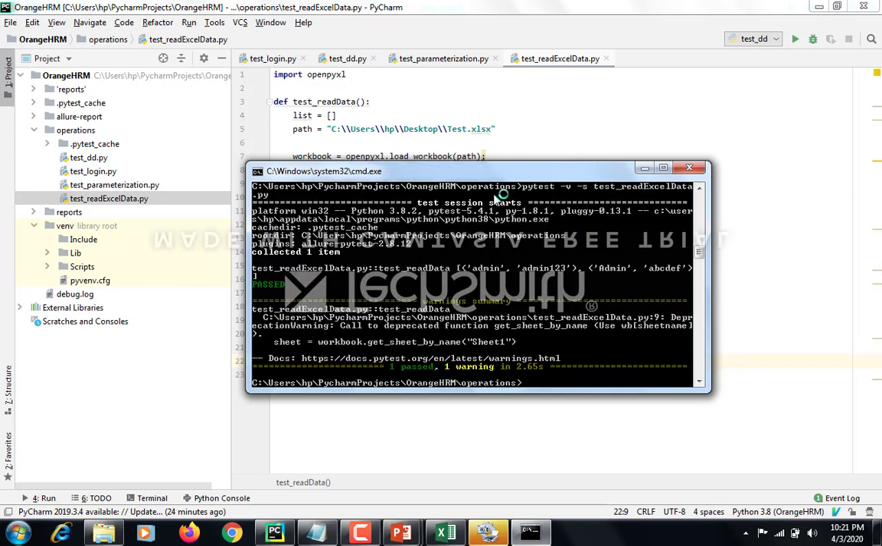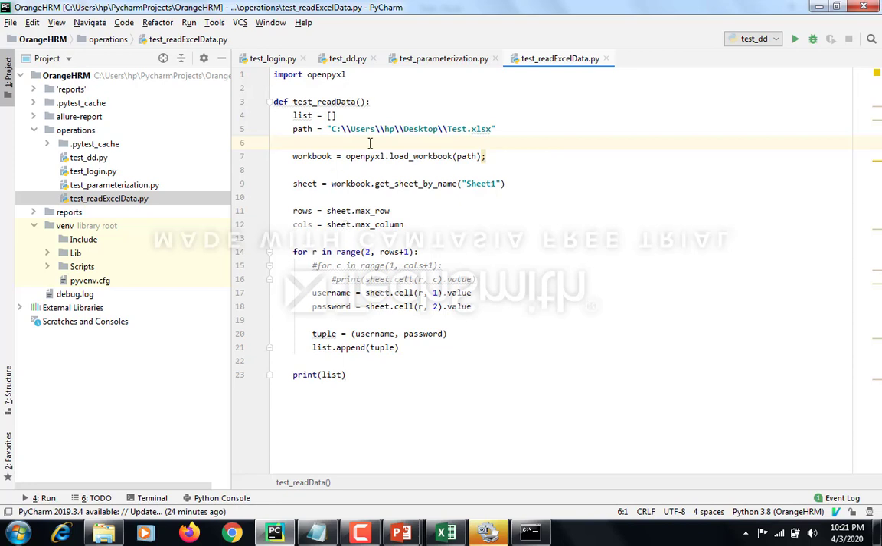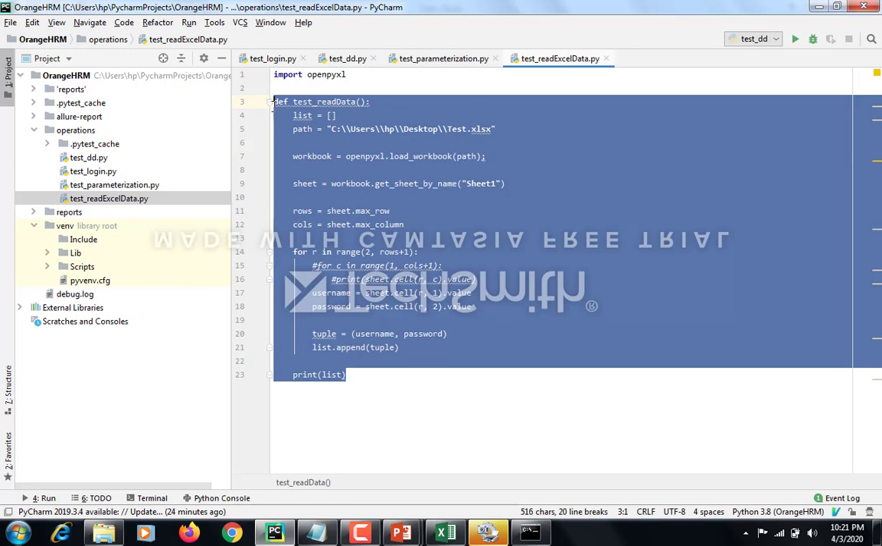Okay, so we see here I've got a list of tuples and each tuple contains my set of username and password. That means one row has become one tuple and all tuples together have become my list. Now I can pass this to my test case, correct? So what I'm going to do is simply copy this function